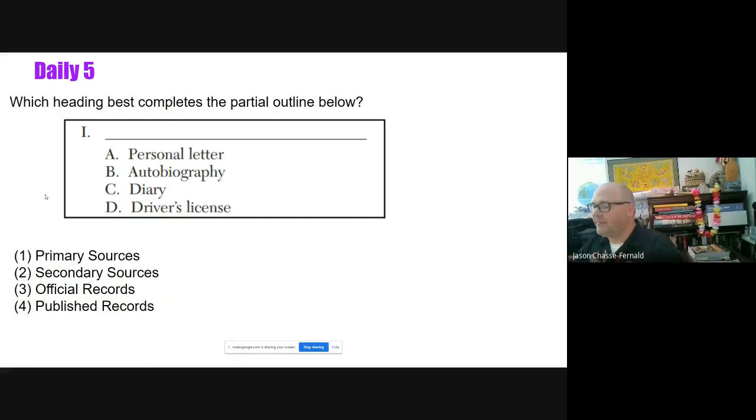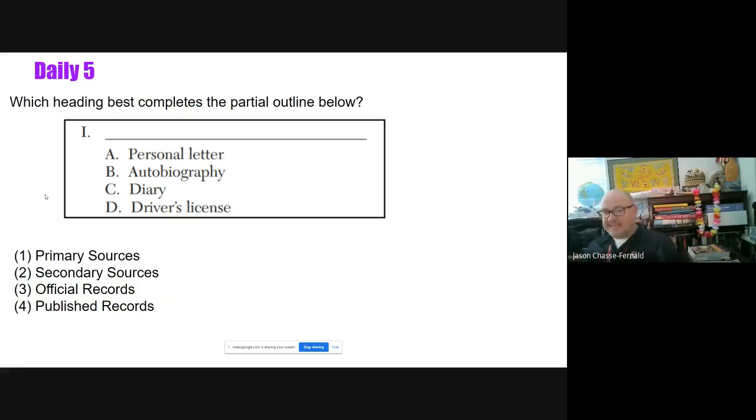It could be a diary from a person who lived there. It could be tax records from the governmental bureaucracy. It could be pottery, right? So design or art on pottery could be an example of a primary source. And a lot of the documents which we work with in class are primary sources. Secondary sources: if George Washington had written an autobiography, that would be a primary source. If a person wrote a book about George Washington 10 years ago, that would be a secondary source.